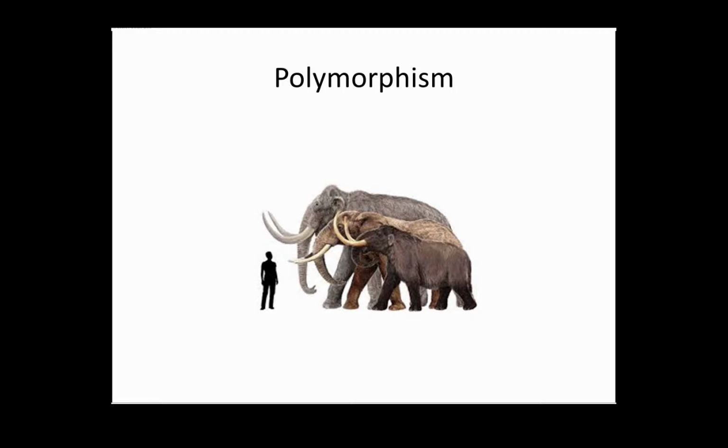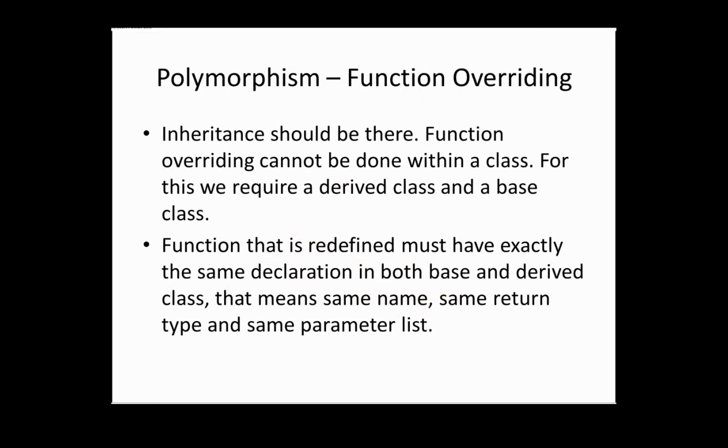We are going to see function overriding, virtual function, pure virtual function, and abstract classes. So let's start with function overriding. So what is function overriding? If we inherit a class into a derived class and provide a definition for one of the base class's functions again inside the derived class, then that function is said to be overridden, and this mechanism is called function overriding,